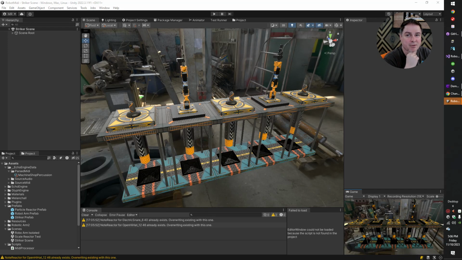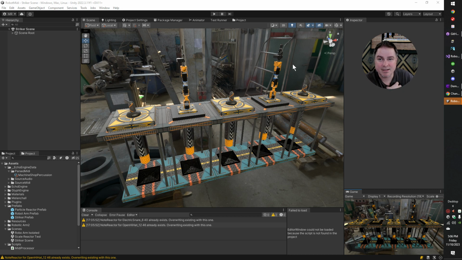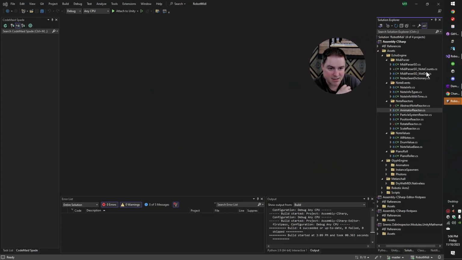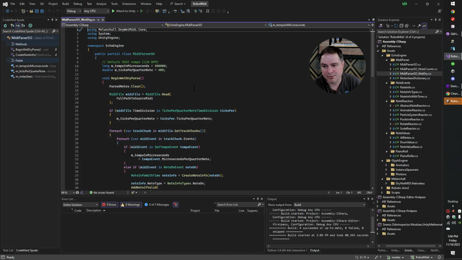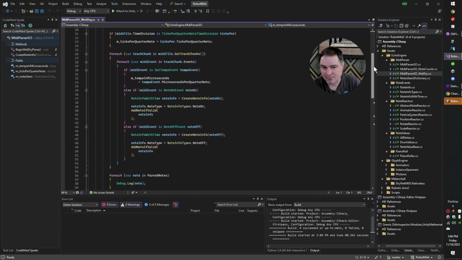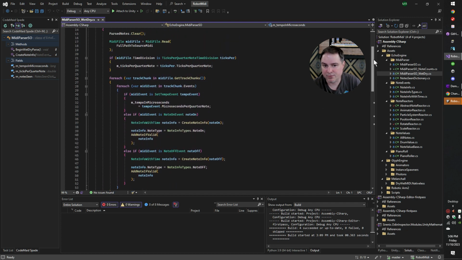So I made a silly little drum kit in Logic Pro recently, and then I brought the MIDI file of that drum track as well as the audio file here into Unity. And then I used a code library called WetDryMidi to actually parse out those MIDI notes into a representation where I could send events around and then build animation systems for things that would react to those notes while the